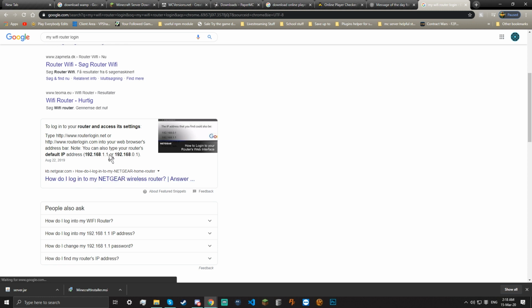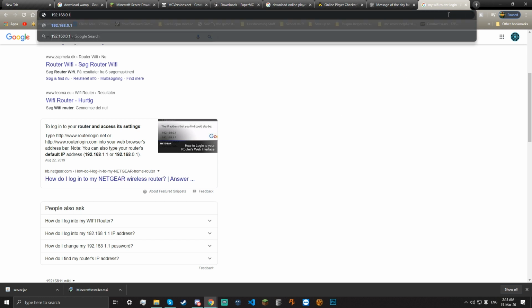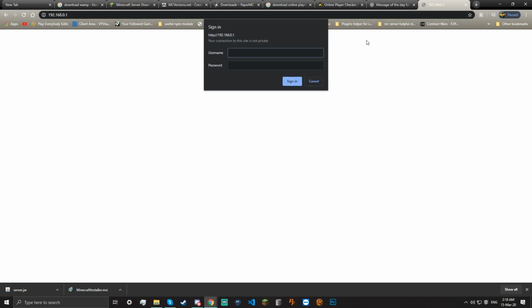Yeah, it doesn't seem to be that. Yeah, see, here it is. These two numbers here I've highlighted are normally the default ones you'll be in. Now, depending what company you use, it'll be different. Mine comes immediately up with a username and a password. Default most would normally be admin, and then for the password. Sometimes it will say, if this is not it, like mine isn't,